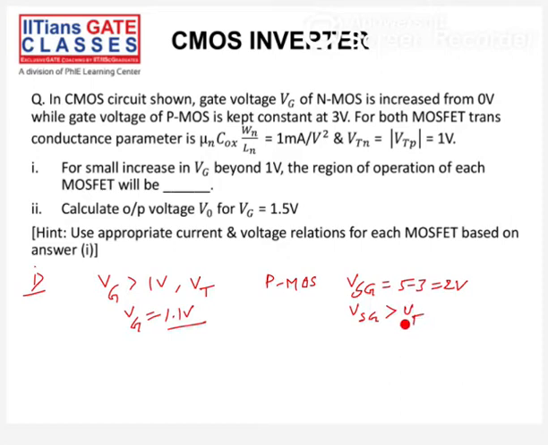So in this case, the PMOS is in the on condition, and its RSD, that is RSDP, will be small. It is very small. If we come to the NMOS,